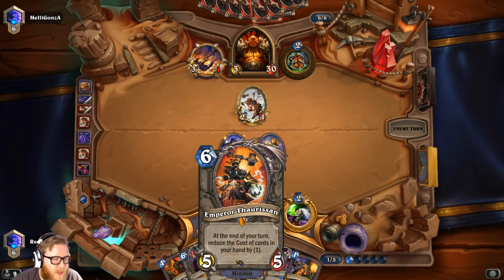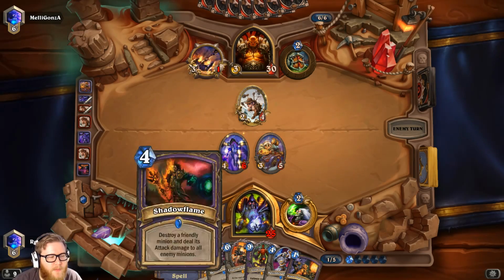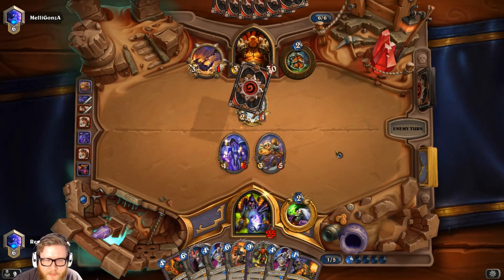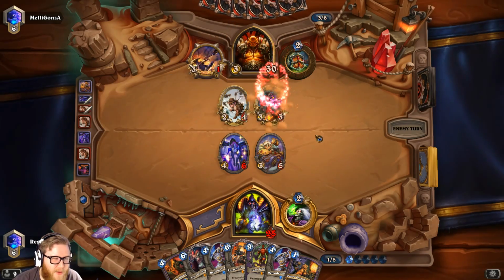Thorson actually looks really good next turn just because we have a lot of cool combos and stuff, and Jaraxxus and Taunt Givers, and this thing, if it's cheaper, could matter, right? 8 mana is better than 10. But we need to steal his Cthulhu, basically, to...